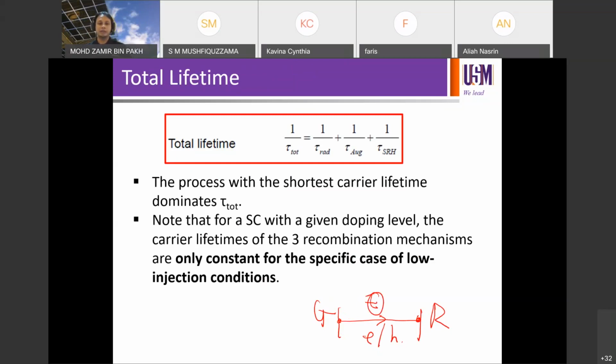So the total lifetime is given by 1 over tau total. So 1 over tau total is equal to 1 over the lifetime related to radiative recombination, plus 1 over the lifetime related to Auger recombination, plus 1 over the lifetime related to SRH recombination. So, for example, if your semiconductor material has only 2 dominant recombinations, say you have